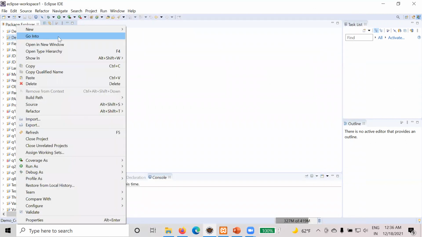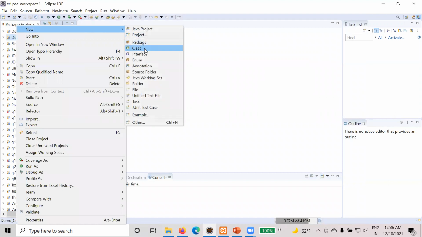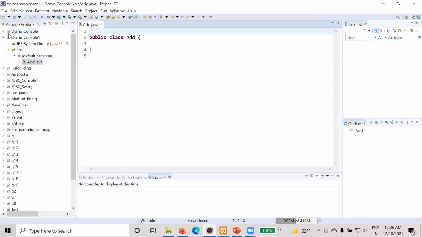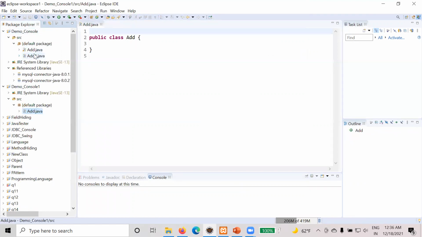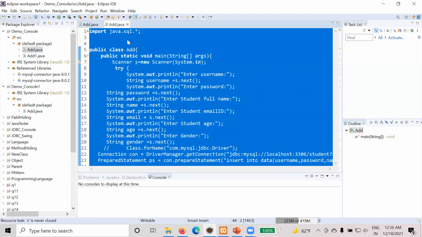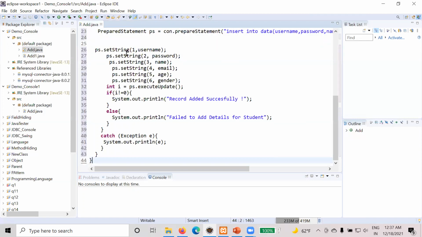Here I am creating a new class file like Add. For ready reference, I have already created one Add file, so I am just copying this file and pasting it.